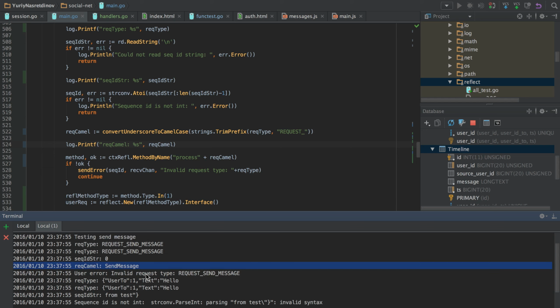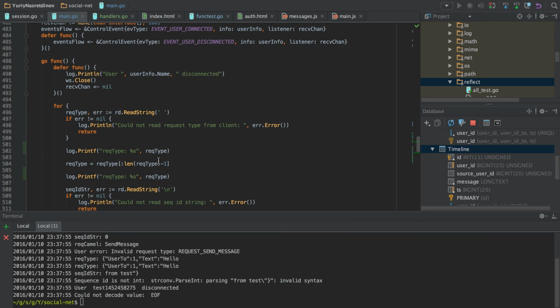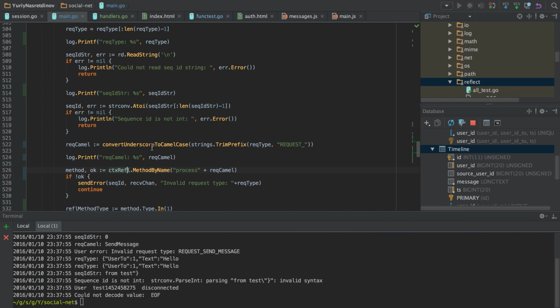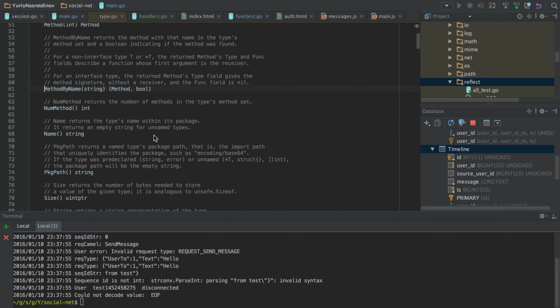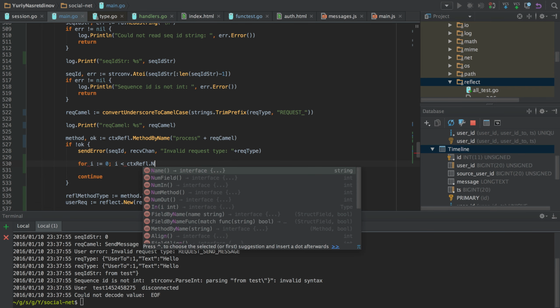As you can see, it is send message, and the callback name would be process plus the request name, process send message. Obviously something is wrong with the reflection itself.